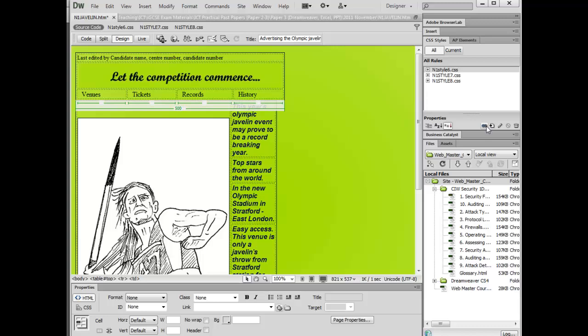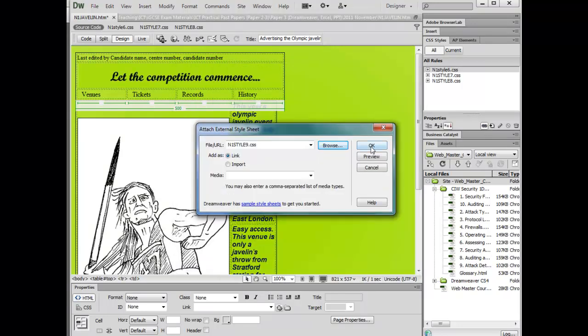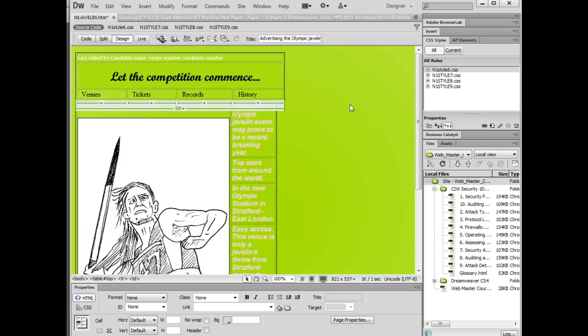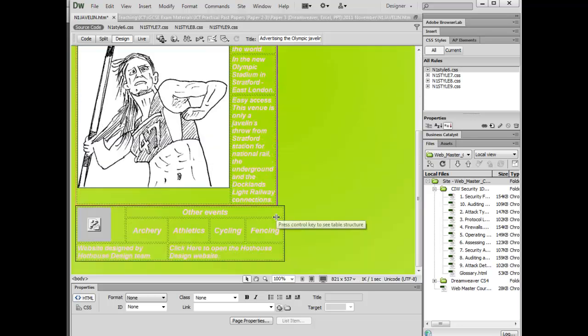If we go to the next one, we've got Style Sheet 9. What you spot here, which is not appropriate, is straight away you can see the text is very hard to read. On a light background we have light text, so you need to say that's not appropriate. If we delete that style sheet,